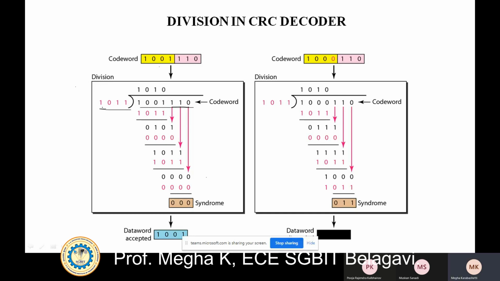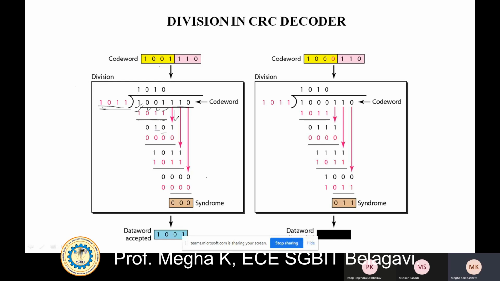Here you can see the first bit is 1, so multiply the divisor with 1 and write those bits again here. So 1 into 1 is 1, 0 into 1 means 0, 1 into 1 means 1, 1 into 1 means 1. Now perform modulo 2 division. The same XOR operations are used. 1 1 becomes 0, 0 0 becomes 0, 0 1 becomes 1, and 1 1 becomes 0. In the next step I'll bring down the next bit here.